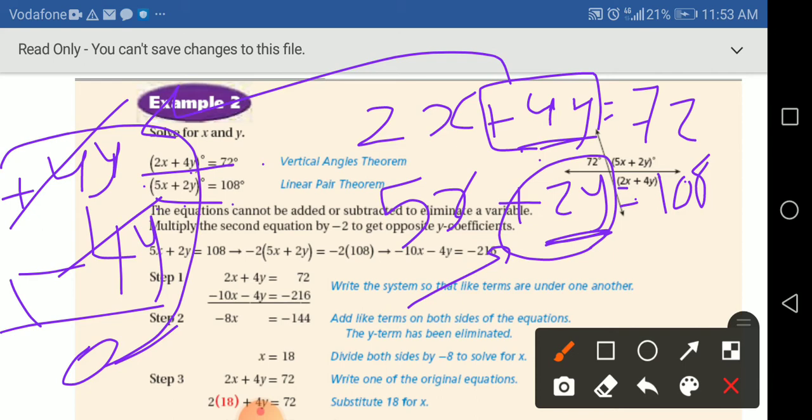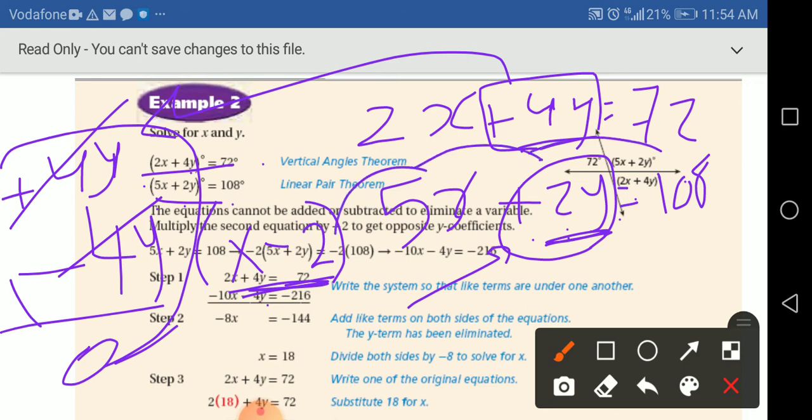Let's do it. What should I do for positive 2y to be negative 4y? I will multiply by negative 2. When I say negative 2 times positive 2, it gives you negative 4, right? So let's do it. But remember, when you are multiplying a number by an expression, I will multiply